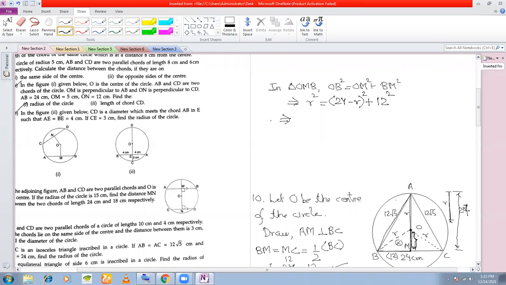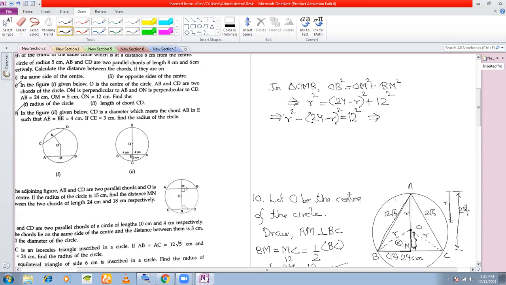Okay. Let's go ahead and solve this equation. So first of all, you need to expand here. Okay. Or yes, R square is equal to 24 square. What you can also do is expand here by the A minus B whole square formula. Or better still, there's a better way. See, if I bring 24 minus R whole square on the left hand side, this is what I'm going to get. Is this step clear?